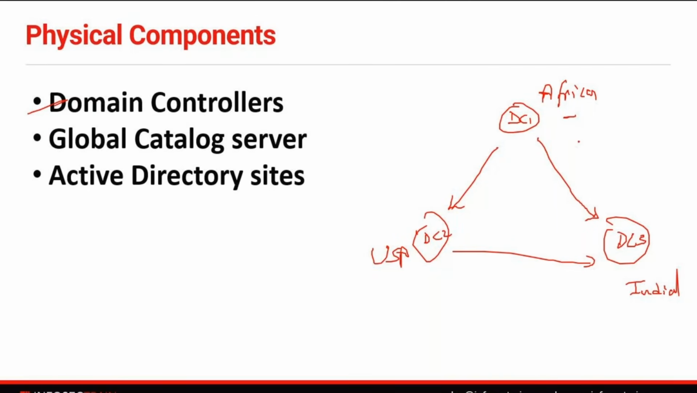This is called outbound replication, right? When a domain controller advertises the changes that have been made, that is called outbound replication, and the domain controller which accepts those changes, that is called inbound replication,